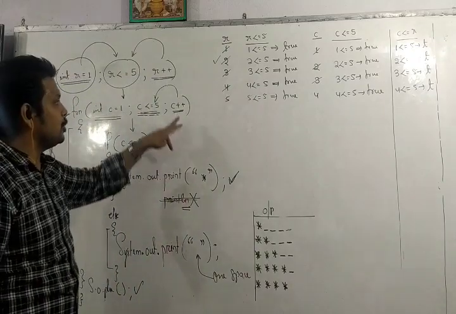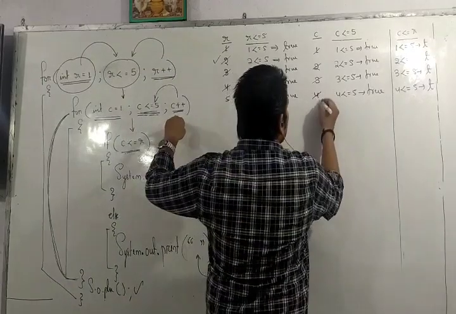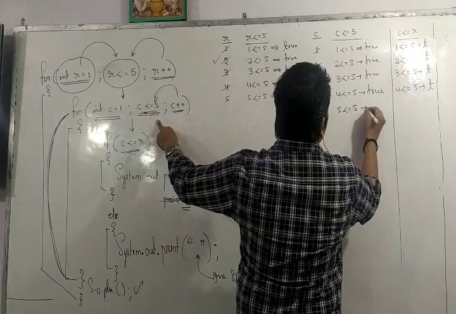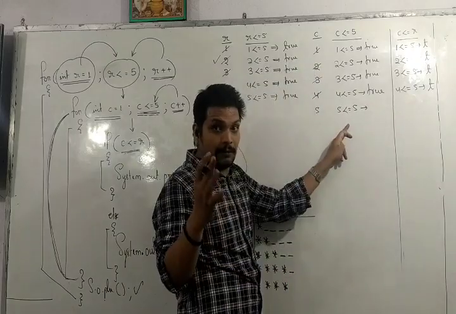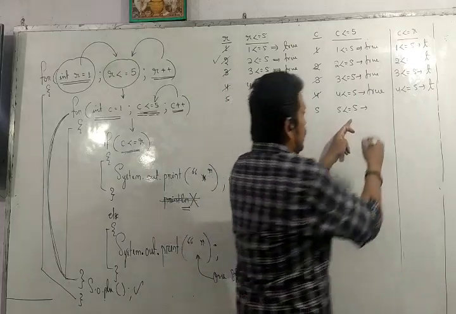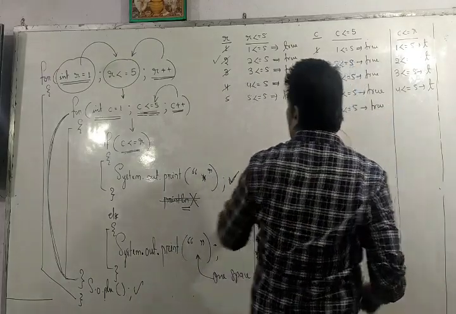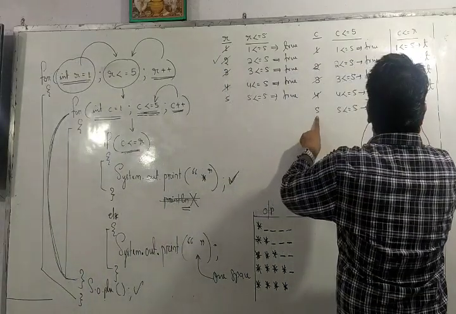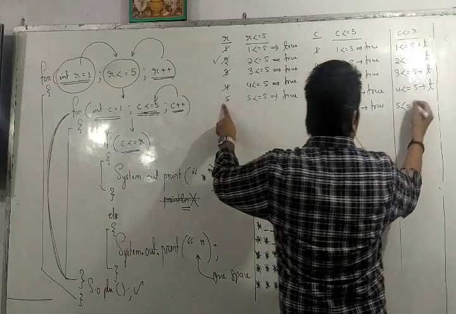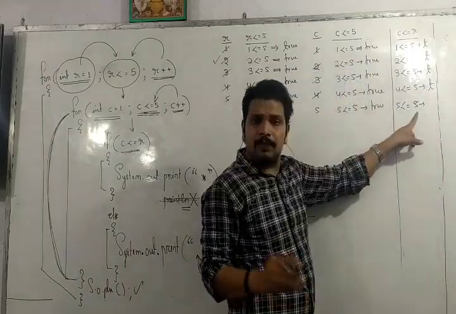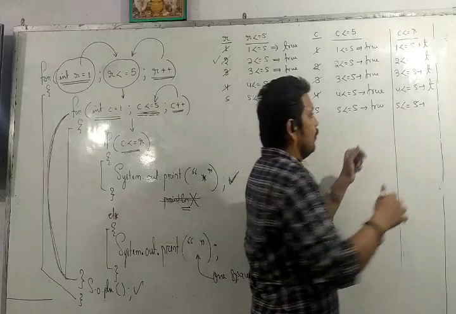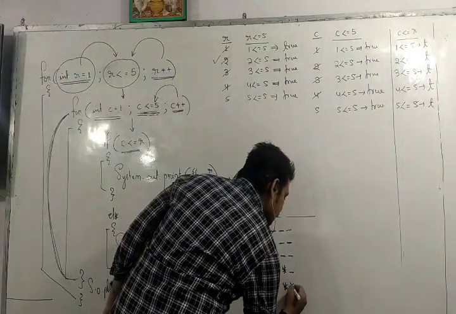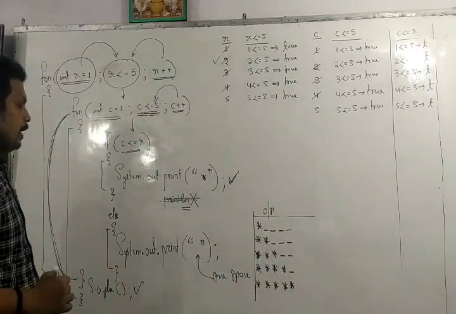Then the control will go to the updation expression of inner for loop, C++. So it is 5. C less than equal to 5. 5 less than equal to 5. So is 5 less than 5? No, but 5 is equal to 5? Yes. So it is true. If it is true, then there is one more checking within the body: C less than equal to R. What is C? 5. What is R? 5. 5 is equal to 5? Yes, it is true. If it is true, then star will be printed. And else part will be ignored.